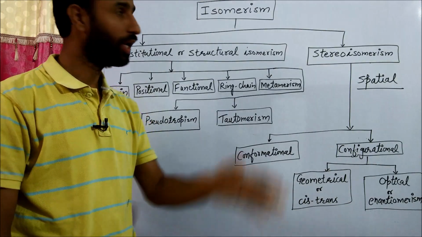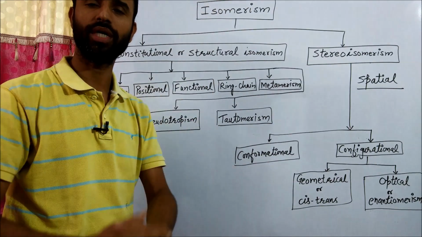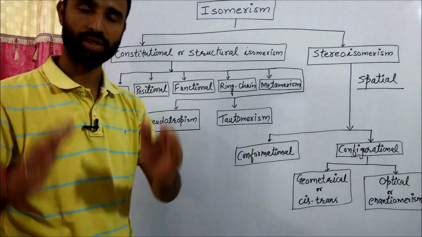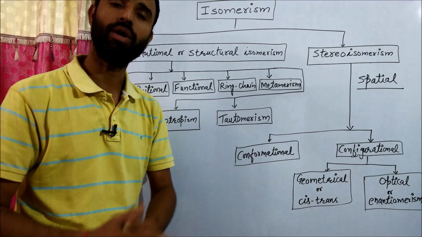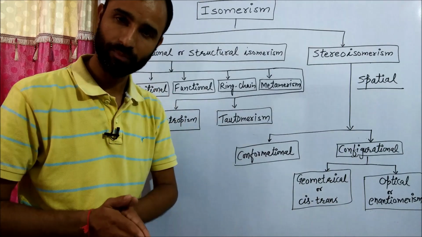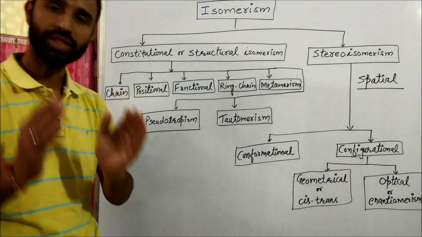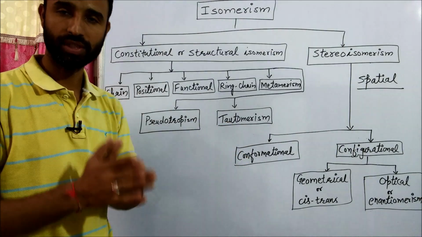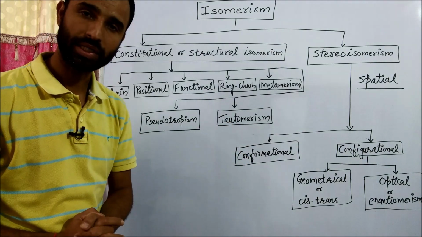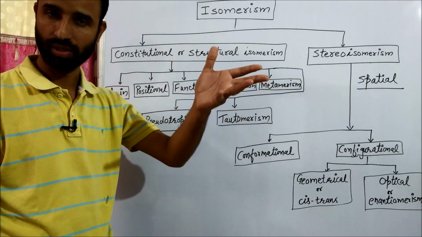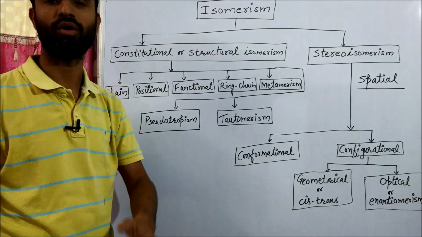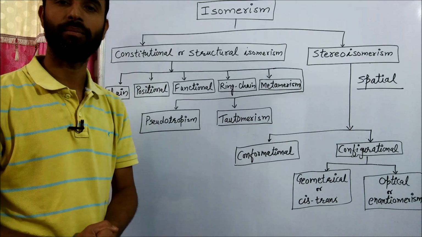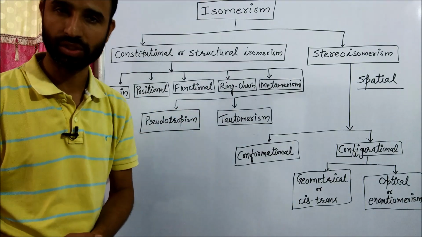Welcome back. Today I come with a very important topic from organic chemistry, that is isomerism. First, define isomers. Different compounds having the same molecular formula but different physical and/or chemical properties, that is known as an isomer. And this phenomenon of existence of different compounds having the same molecular formula but different physical or chemical properties is known